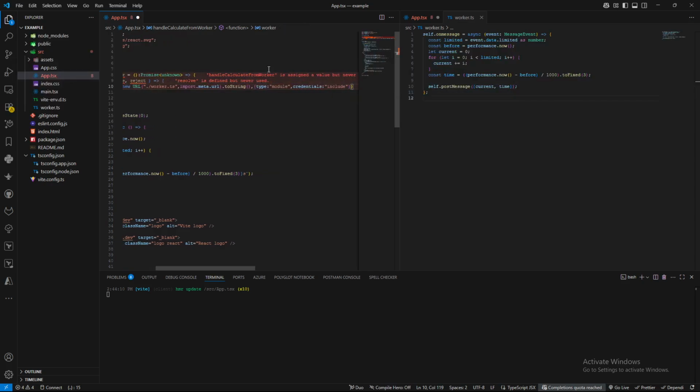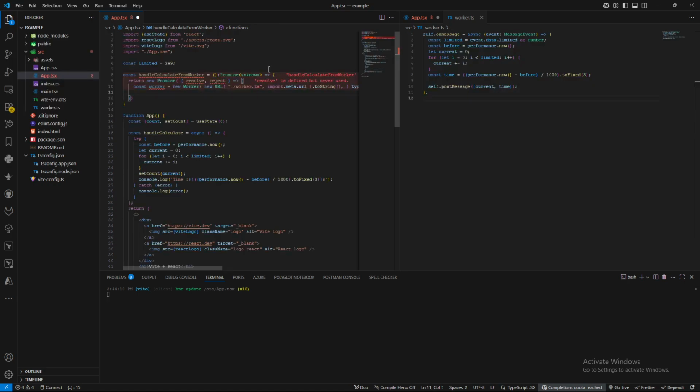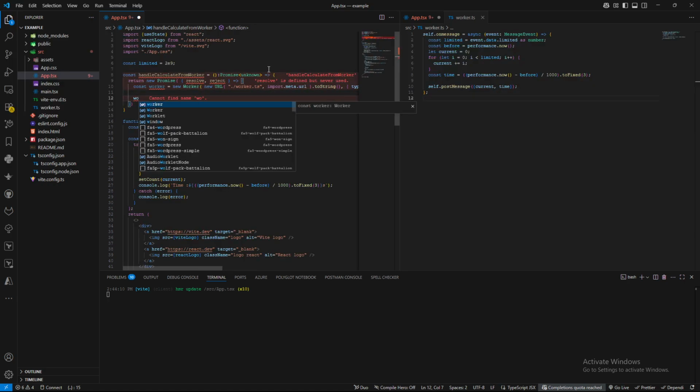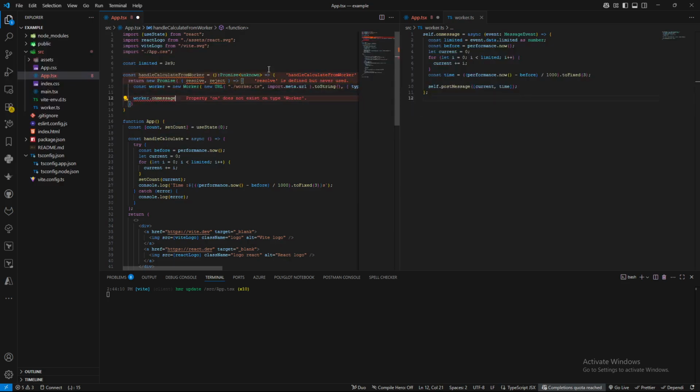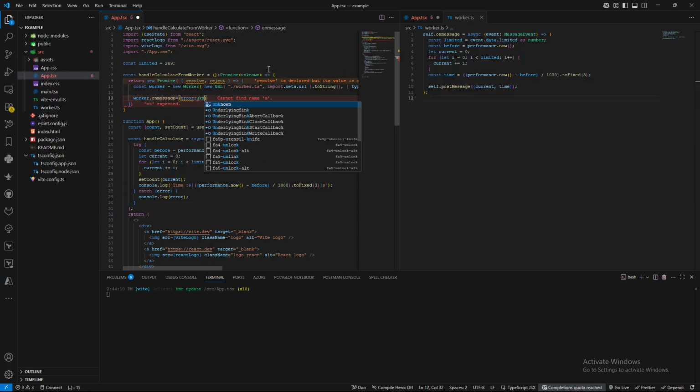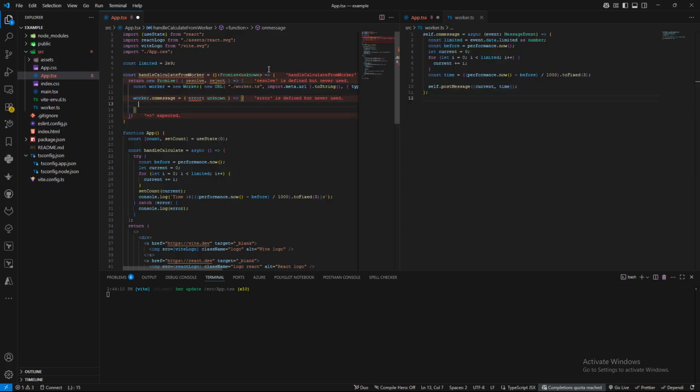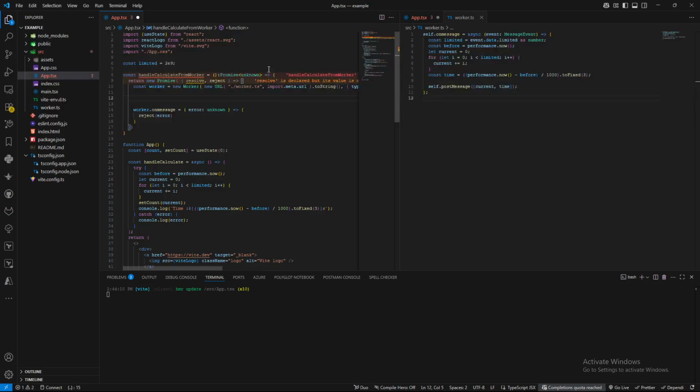All right, and then we have a worker, and we need worker.onerror to make sure that any error in here, if we get an error, we reject the error. And the worker, we need to pass the value from the main thread